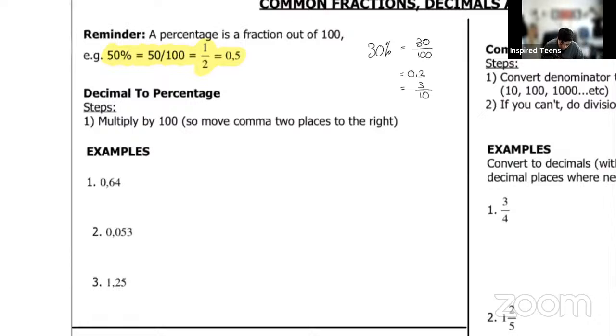Okay. So how do we convert from decimal, in that case, to percentage? So in that case, it says the step is to multiply by 100. So move the comma 2 places to the right. So yes, any decimal going to a percentage